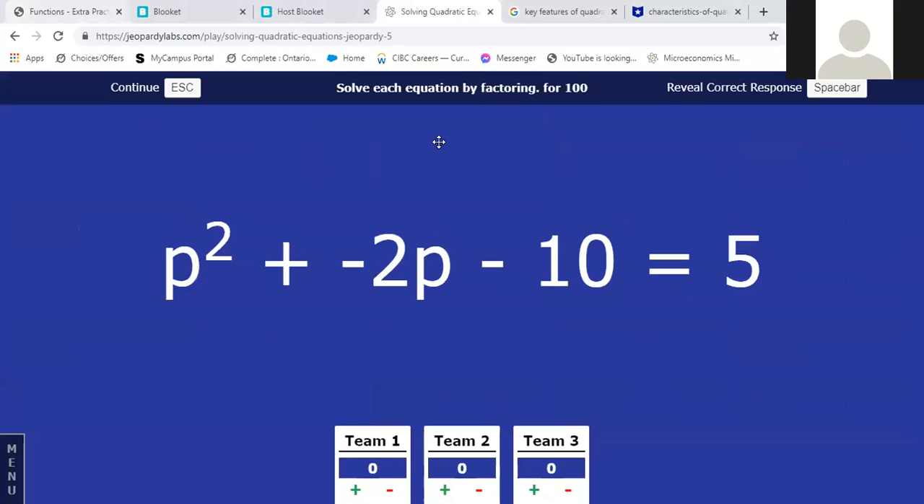Okay, so for this one, how would you factor this one? We haven't done that. Okay, so factoring is very important. I'll teach you it. You're gonna learn it soon. So what you have to do is